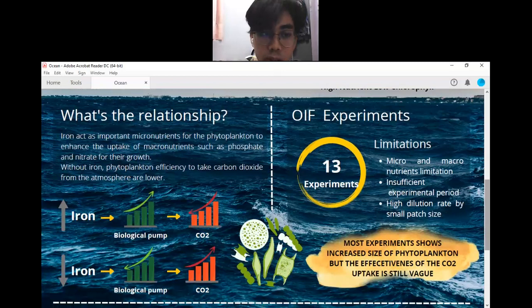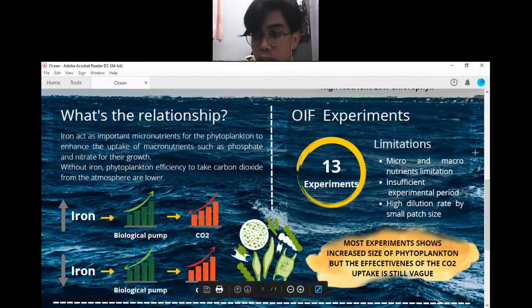On the relationship between iron and phytoplankton growth, iron acts as an important micronutrient for the plankton to enhance the uptake of nutrients such as phosphate and nitrate for their growth. So without iron, phytoplankton efficiency to take carbon dioxide from the atmosphere is relatively lower. If the availability of iron is high, the biological pump will increase and the CO2 in the atmosphere will decrease. And if the iron availability is low, the biological pump will decrease and the CO2 in the atmosphere will